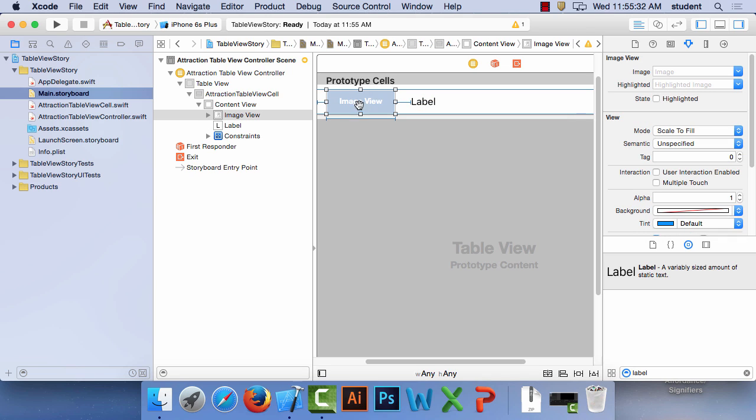So first one, we're going to select this one, the image view object. Display the assistant editor and make sure that it displays the content of the attraction table view cell Swift. If not, use the bar across the top. So we want to take this and put it into the table view cell Swift file,